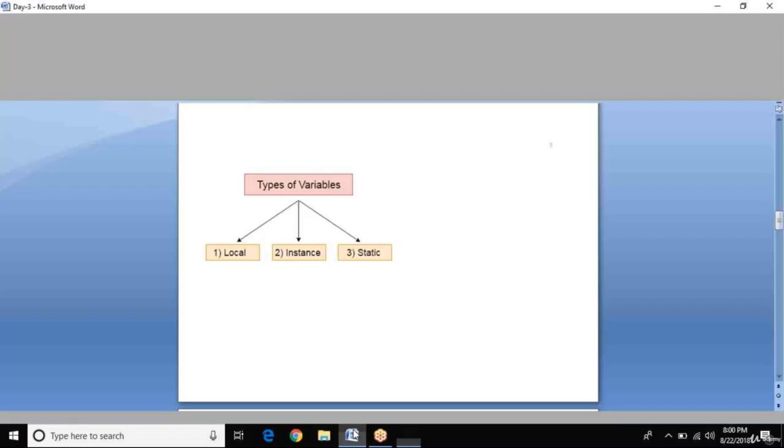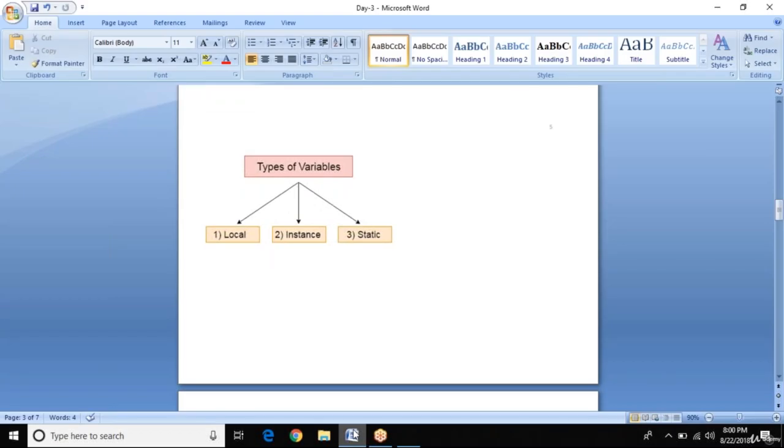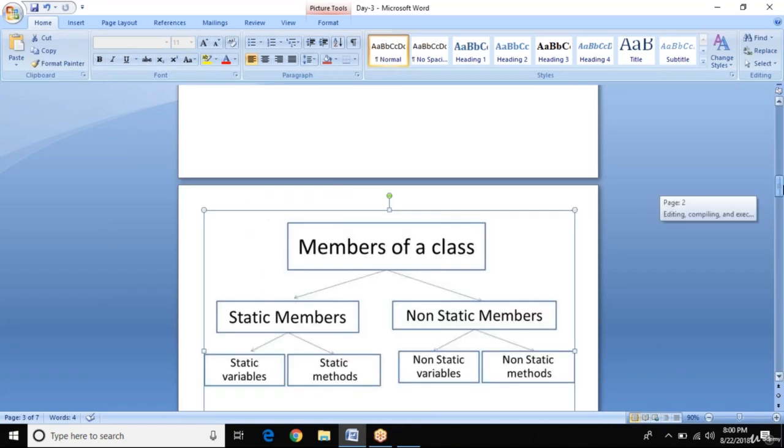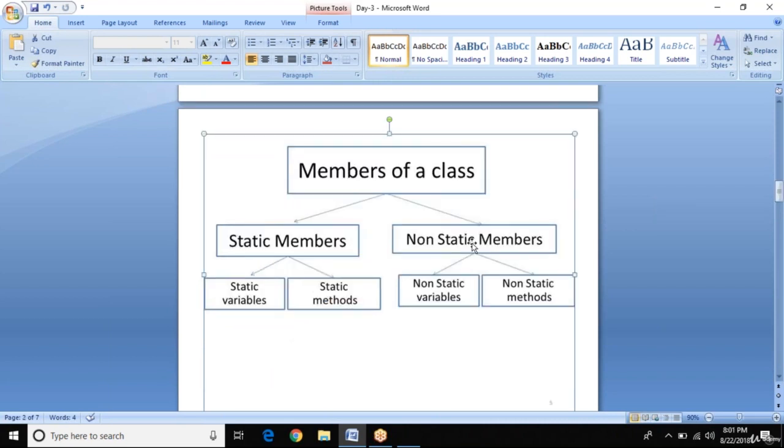So yesterday we were discussing types of variables. Let me reiterate yesterday's class. In any class, we have two kinds of members available: static members and non-static members. We can also say static variable and non-static variable, static method and non-static method.